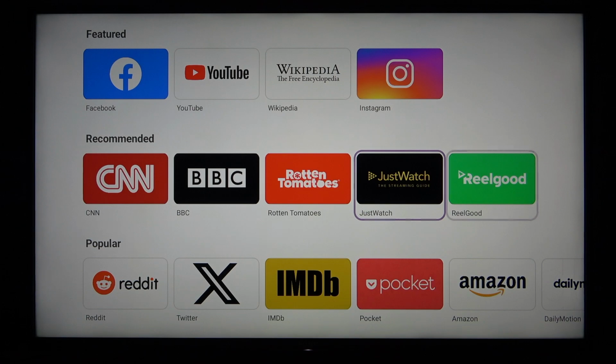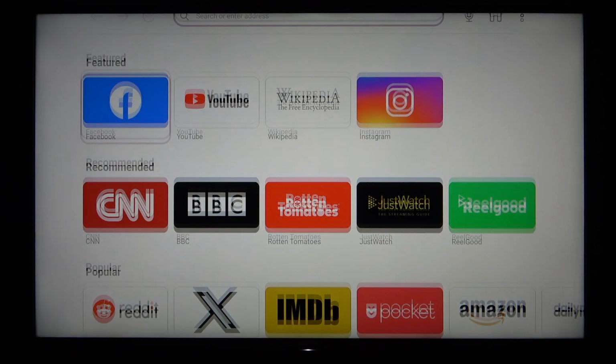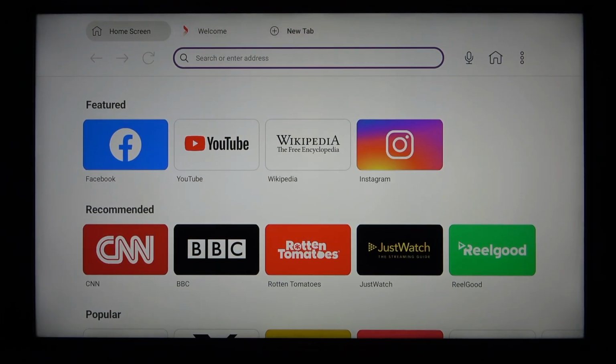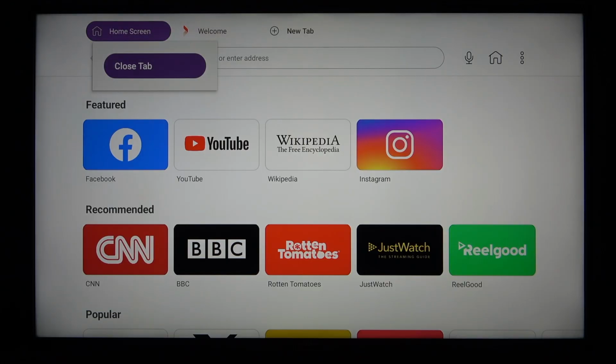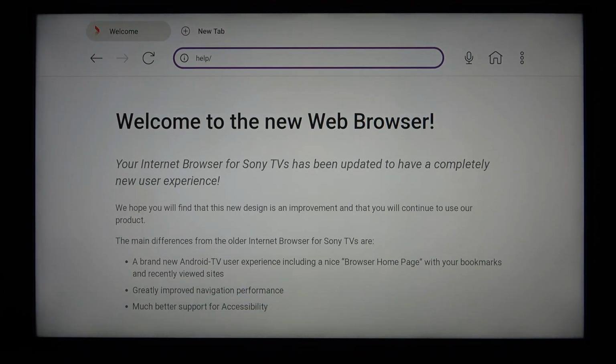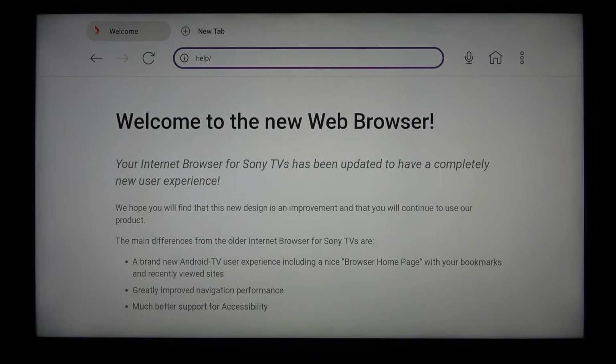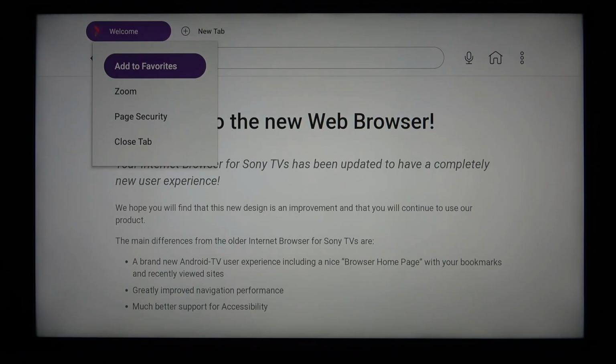Now in this browser you'll be able to either navigate between all the websites using the style selections, or on some pages you will also be able to use your remote control as a mouse pointer. And you'll also be able to navigate it using, of course, your D-pad and the central button on the D-pad, or the OK button to select, and this way you can navigate in this browser,